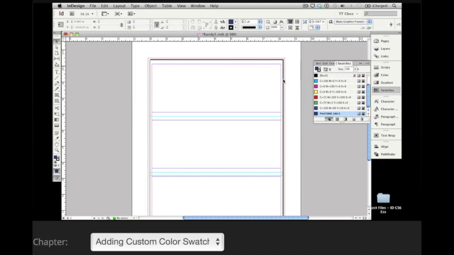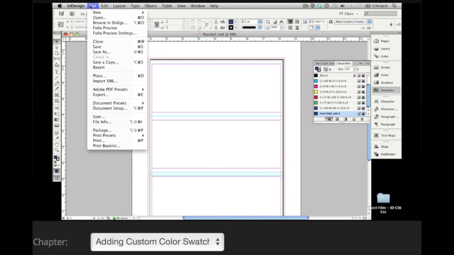And as I've done so, we now have created that process color approximation of the Pantone 288 blue that we use for Total Training documentation. Now we've done a fair amount of work, so let's go to our File pull-down menu and select the Save